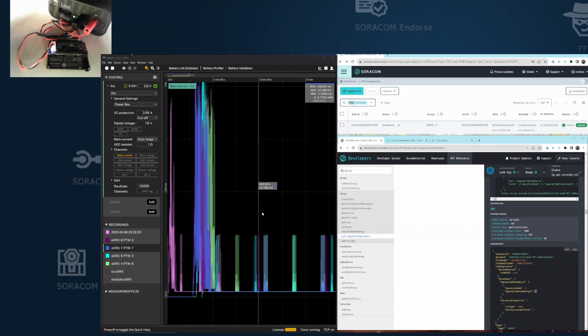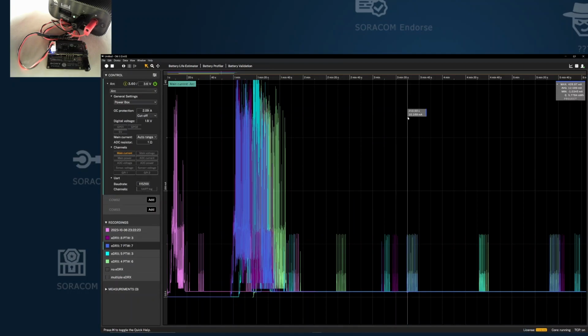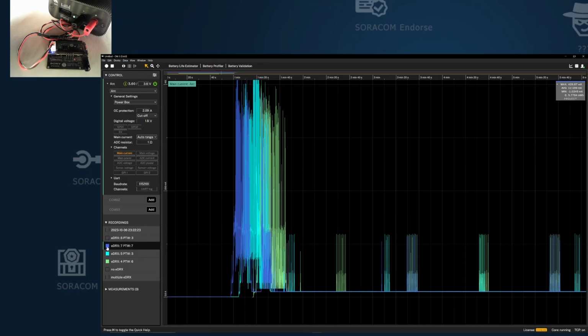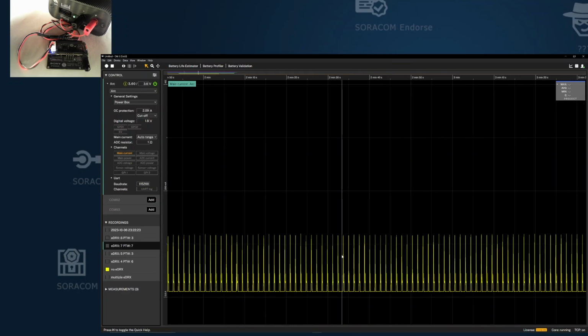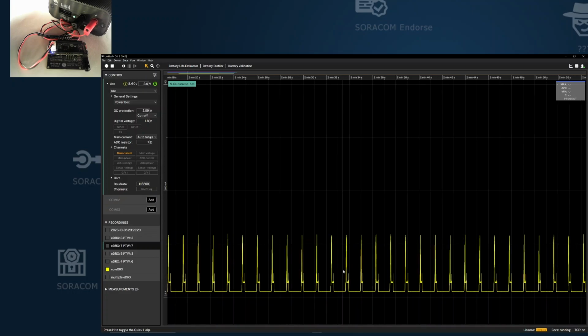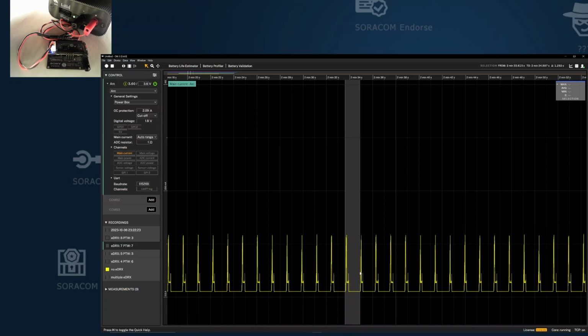If we are now comparing the different measurements, let me enlarge this application. Let me first show you how it looks without any eDRX. So this is how the power consumption looks without any eDRX setting. The standard value from one peak to the next is for LTE-M 1.25 seconds,